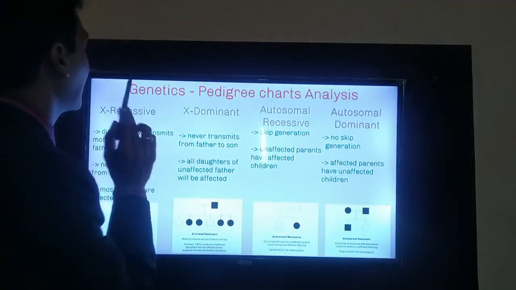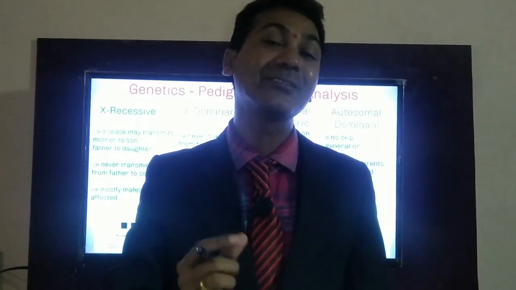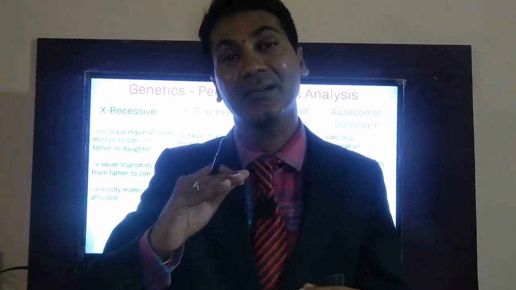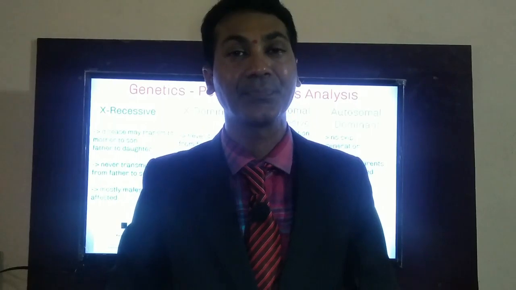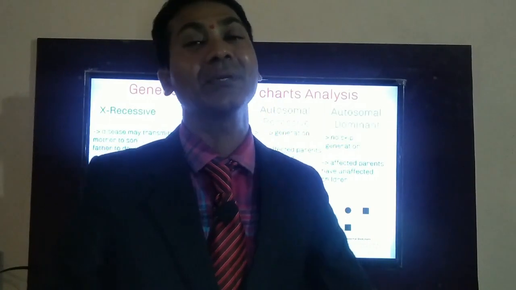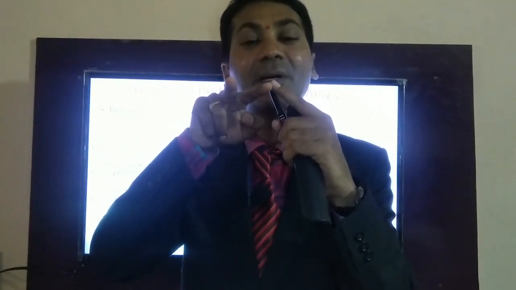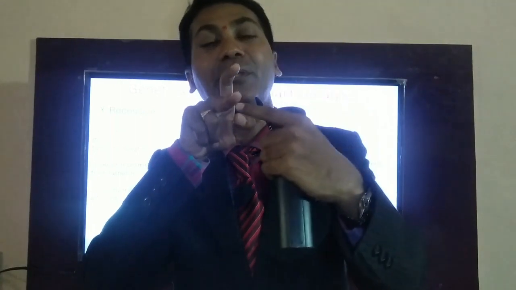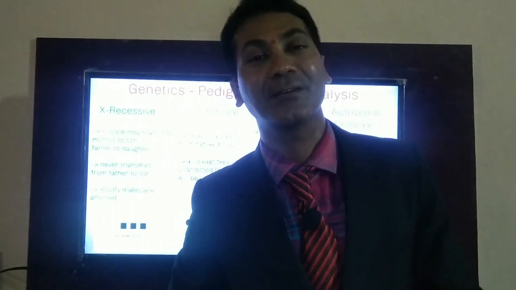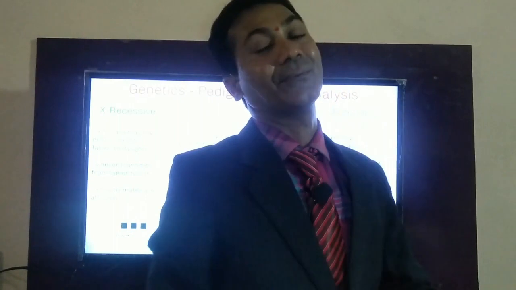So, X recessive disorders. Here X recessive disorder means the disorder gene or disorder chromosome is in a recessive condition. A female will have two copies of the X chromosome. So one of the X chromosomes has the abnormality, and the other chromosome being normal, it will dominate, so that females are the carriers. Why? Because they have two copies of X. Because here the defect itself is recessive.